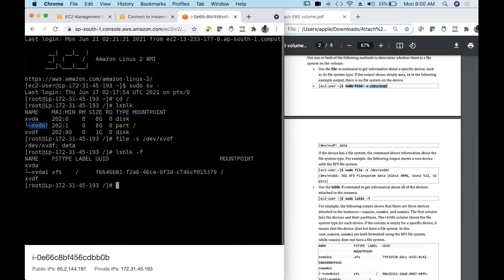It has named it as xvda1, and it's a partition, mounted at /. Every time I say cd /, I call this the root directory, parent directory, and all the files will be here. While talking about Linux, we talked about all these things, right? So this is the mount point for your root volume.